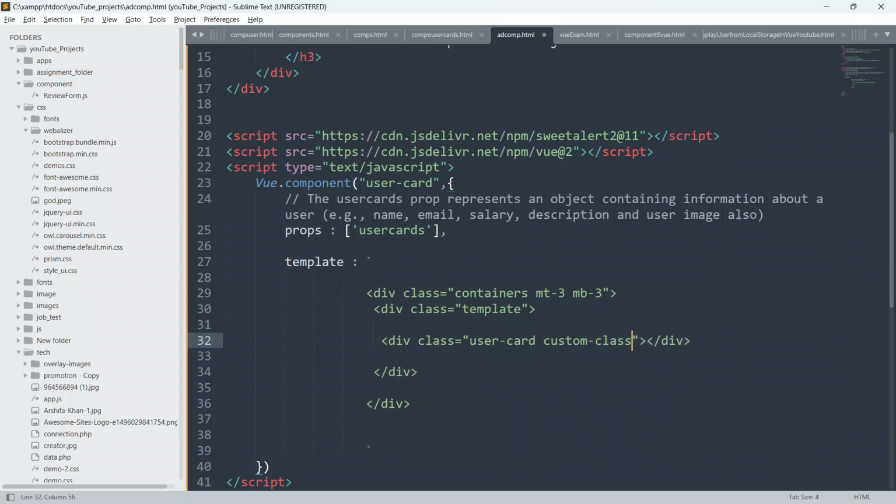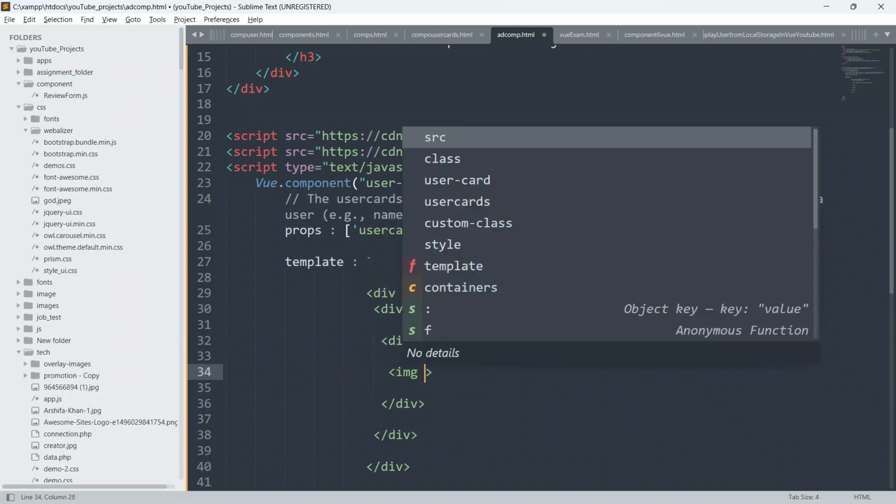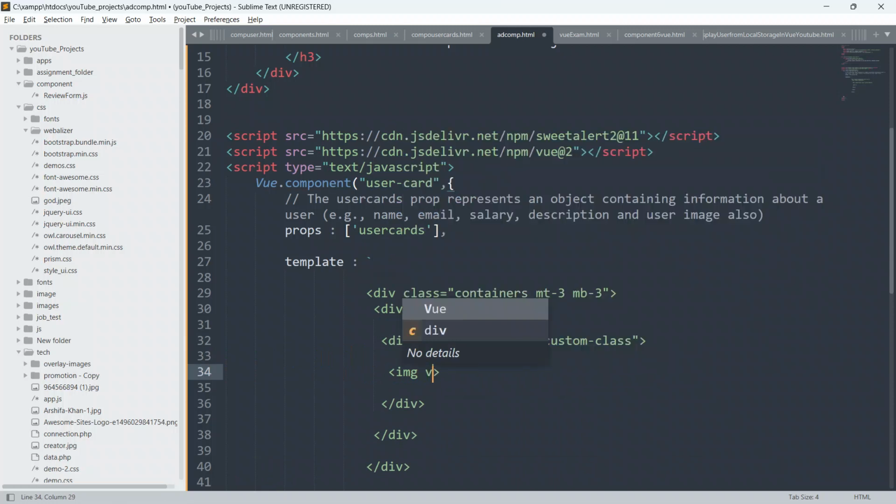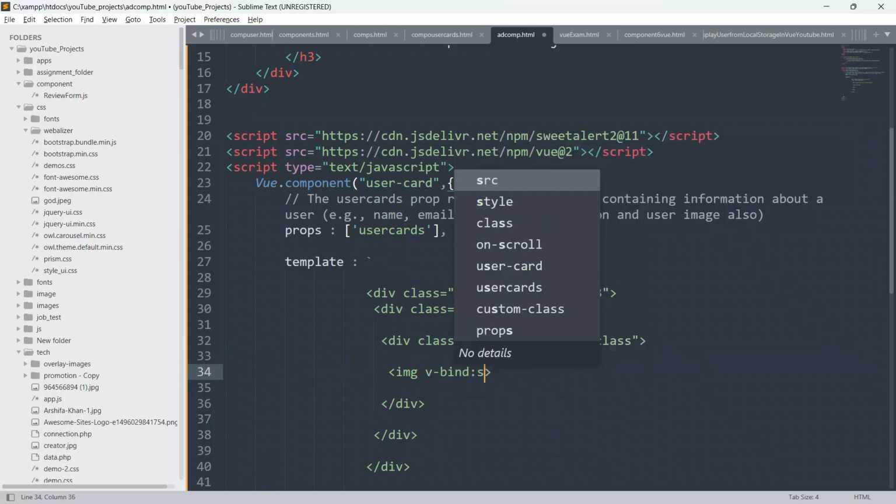Inside this div I'm gonna create an img element. I will use v-bind. Guys, I hope I have explained what v-bind is all about.